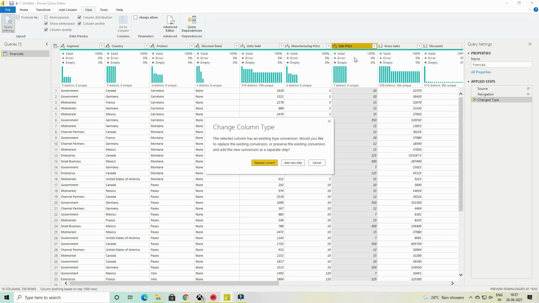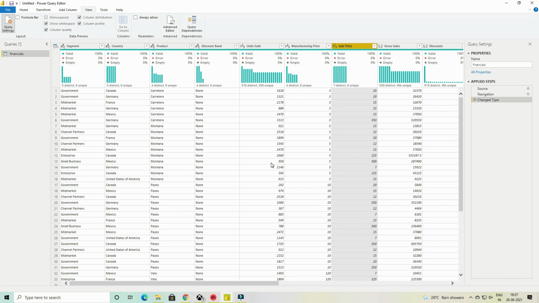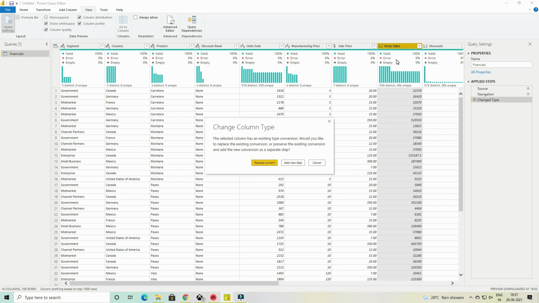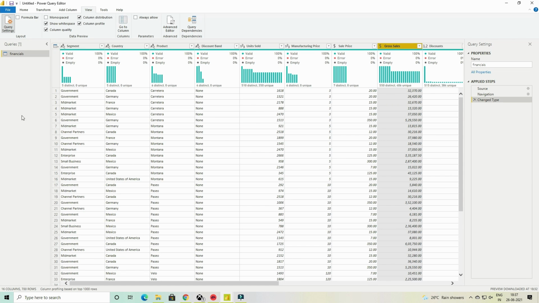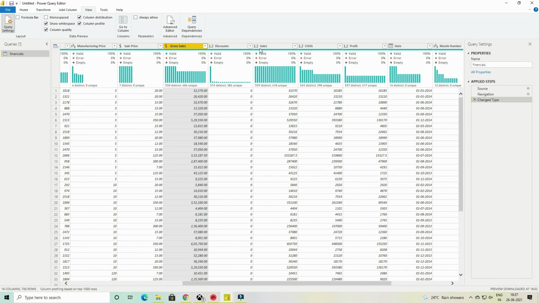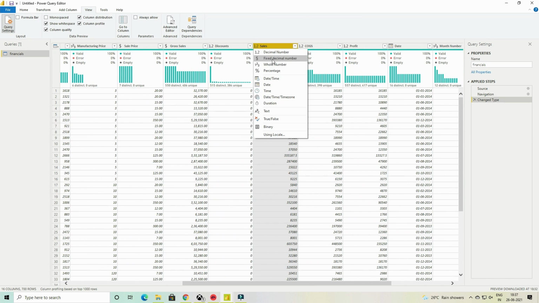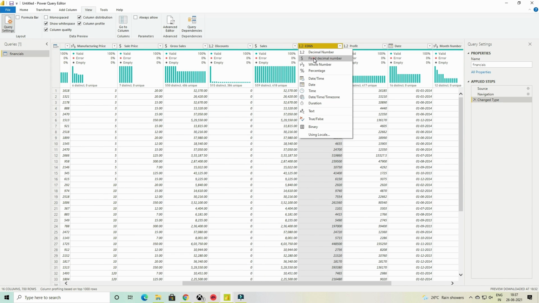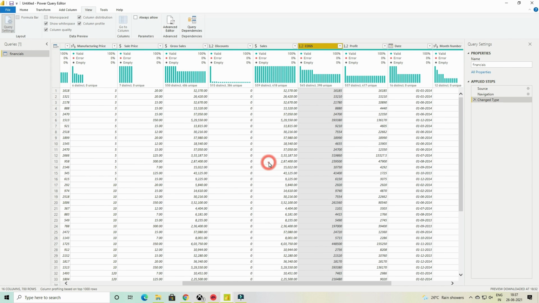And if you are dealing with a data set where you have 1,000,000 observations, and 10% of the observations are missing decimal values, or values after the fraction, just because Power BI has set it to whole number, your entire equation, your entire calculation is going to go haywire. Your entire calculation will deviate a lot from the expected path, the expected range. So whenever you are dealing with money, always make sure that you change it to fixed decimal number.